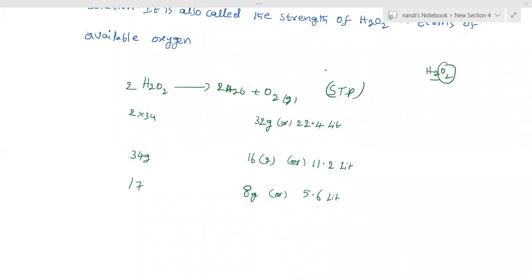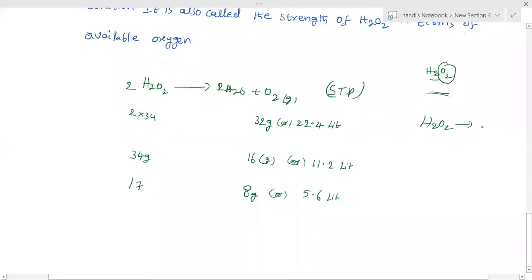Fine. What is the equivalent of H2O2, sir? Here, N factor how much? Here, N factor is 2. H2O2 N factor is 2, sir. I'm writing, you can see here, H2O plus, if you want you can take 2 also, doesn't matter, plus O2. Here minus 1 is the oxidation state, here 0 is the oxidation state. What are we getting here? 1. But how many oxygens are there here? 2. Okay, 2 into 2.